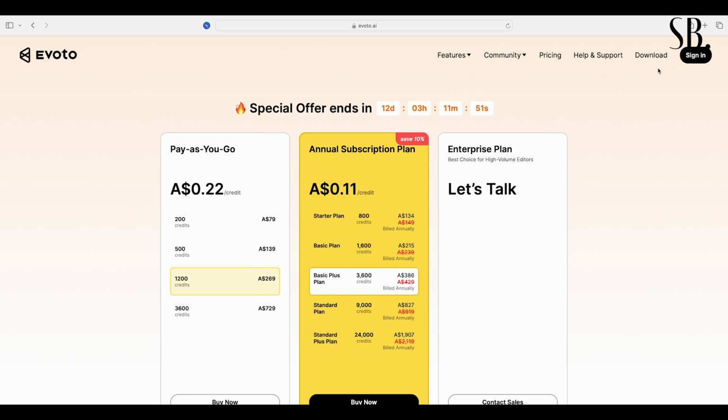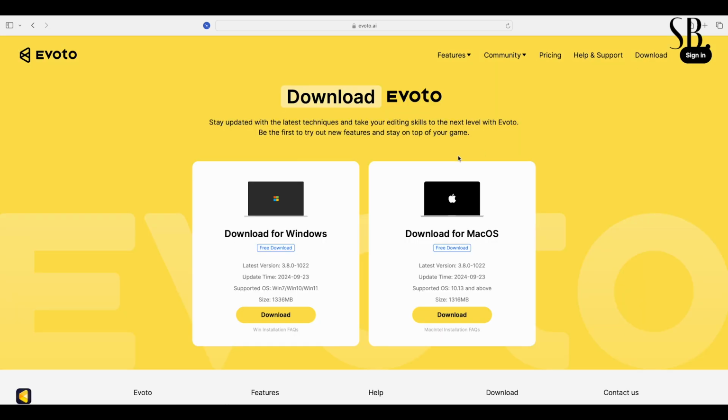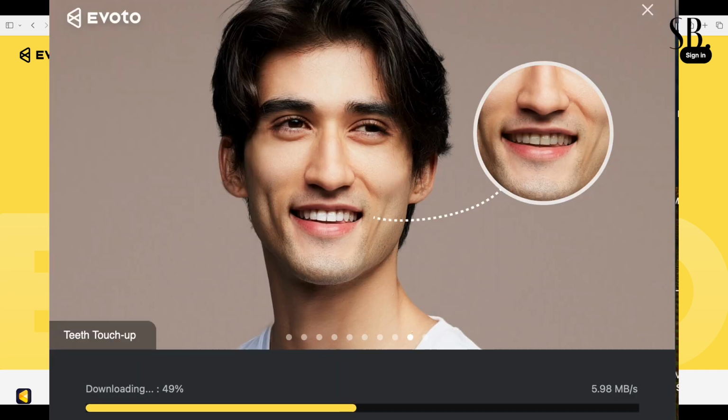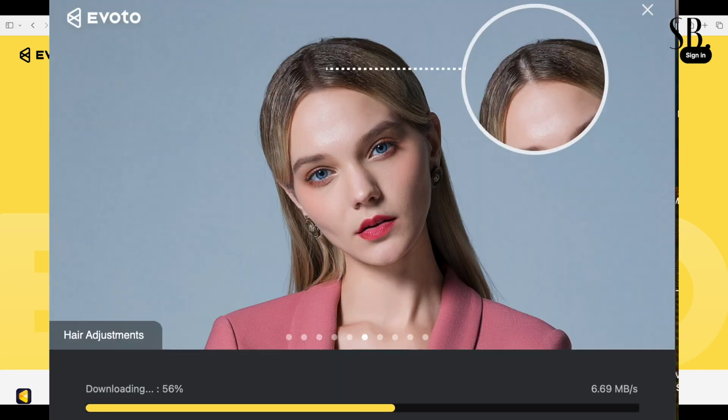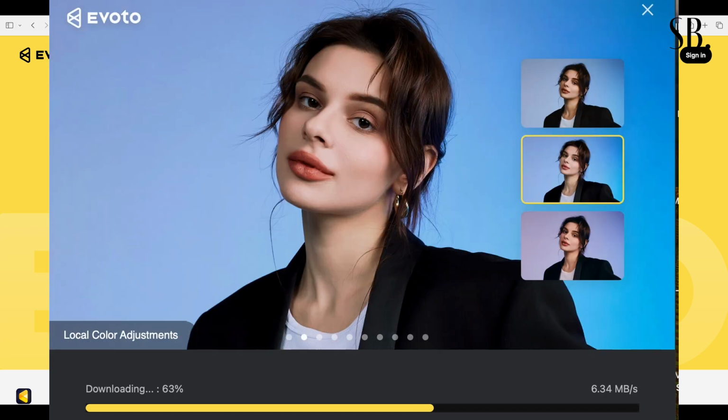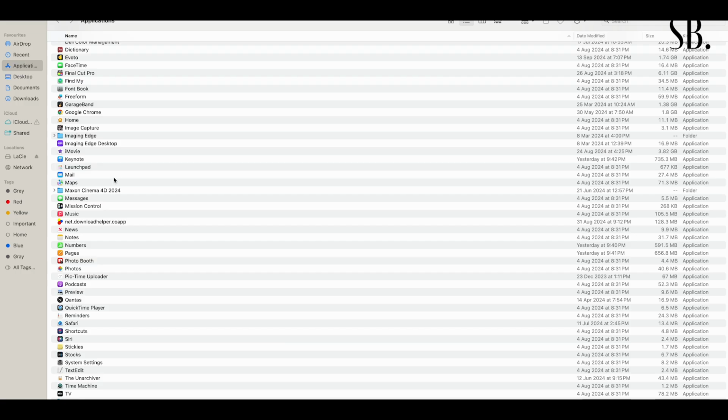But the first thing you have to do is go and download. You can use it for Windows and you can use it for Macs, and that's what I did. When you download it, you just have to install it. So I'm going to open Evoto,